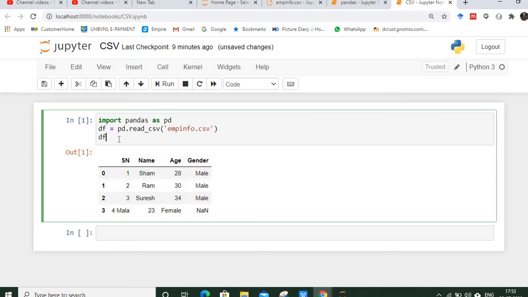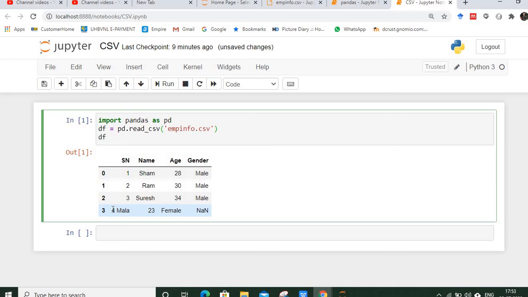Okay, see now we are able to access that file that we created by using that text editor. The file was named impinfo.csv, and now we are able to access the values from that file in this format.